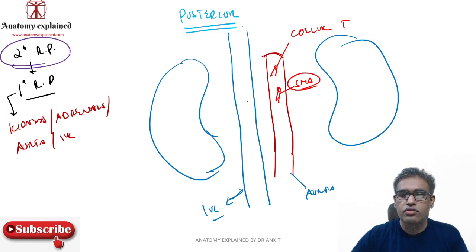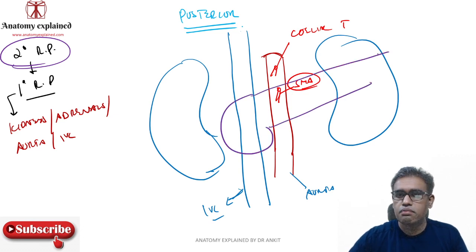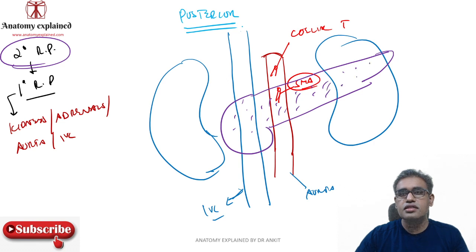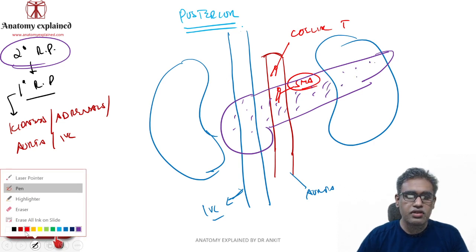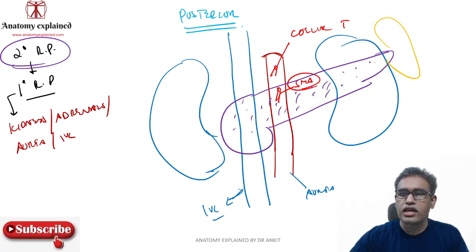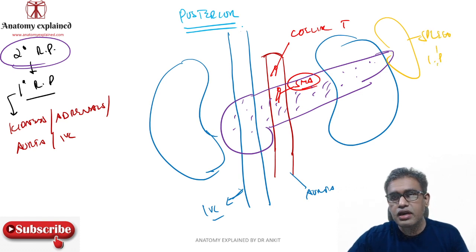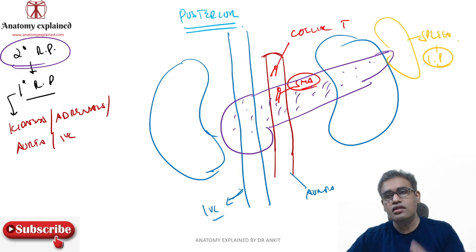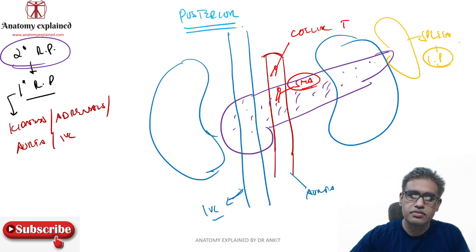So here, somewhat over here, we have the pancreas which is going around over here. This is lying in front of all this. If we make these dots over here, these dots are actually representing that the pancreas is lying in front of this. And if we try to make over here, then this is the location of the spleen. So the tail of the pancreas is going to the spleen. The spleen being an intraperitoneal organ, it is anterior to these parts.